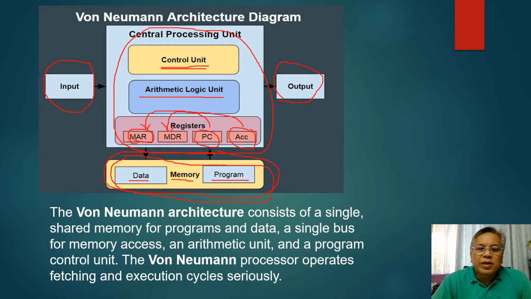Okay? Then, later on, after the data is being stored into your memory, the control unit will provide instruction again to your accumulator, and the output of the data coming from your accumulator will be fetched by your control unit and will be transmitted towards your output device. No? So example, if you want to add 5 plus 5, for example,